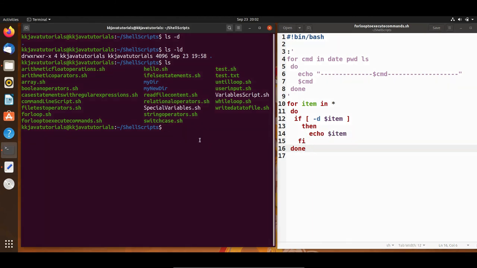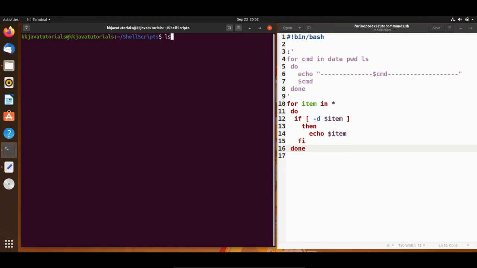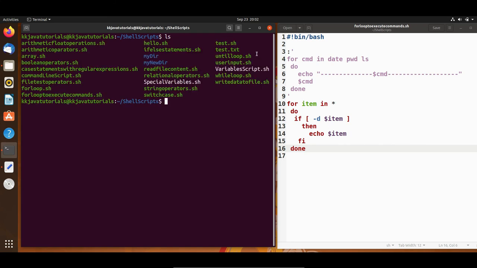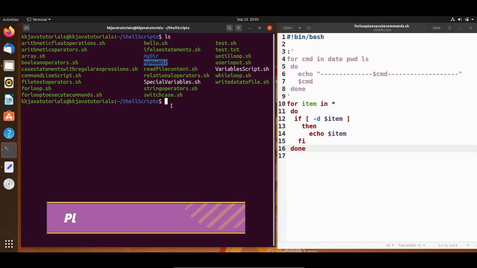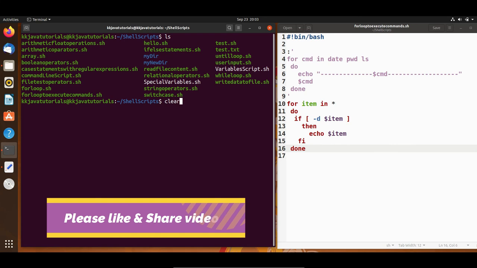Now if I run this script, let's see what output we get. So if I do ls, then you can see there are only two directories in my current working directory, my dir and my new dir, only two directories. So the expected output is these two directories.